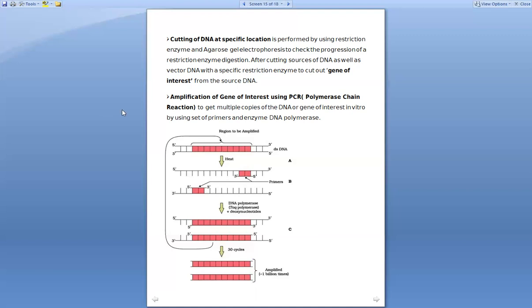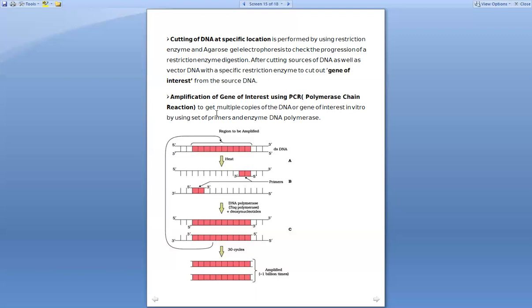So now we have formed the recombinant DNA. The next step is the amplification of gene of interest with the use of PCR, that is the polymerase chain reaction. So first we isolated them, then we cut them, then through the agarose gel electrophoresis we found out which fragment contains the gene of interest, and after that the formation of the recombinant DNA took place, right? After that, the next step is that we need to amplify. That means we need to make multiple copies of the gene of interest, right? So to do that, we need to do the polymerase chain reaction, and that is PCR.